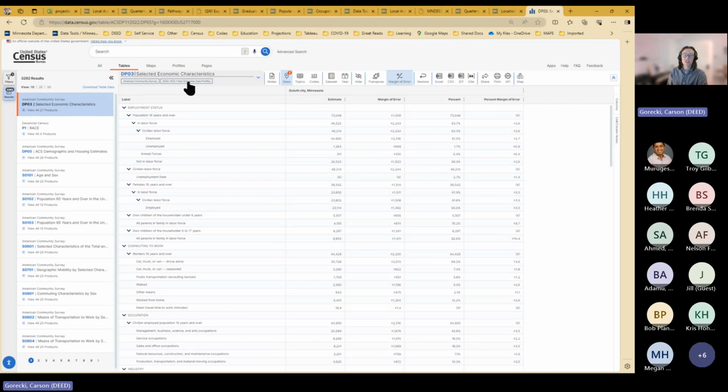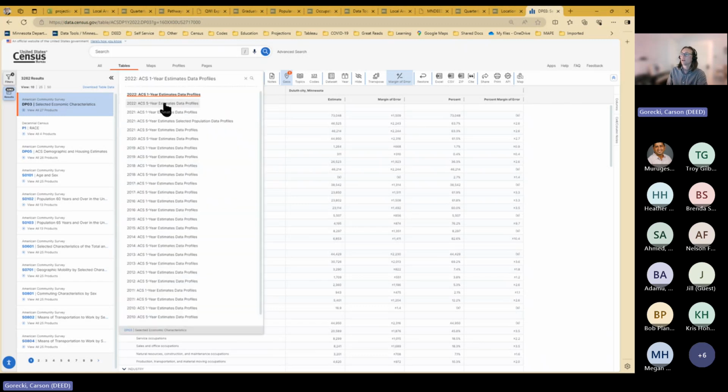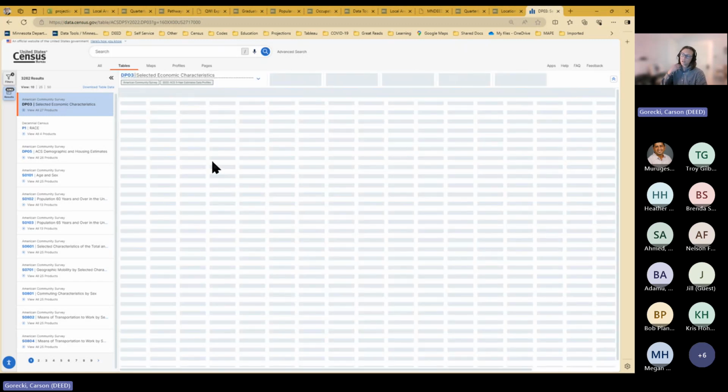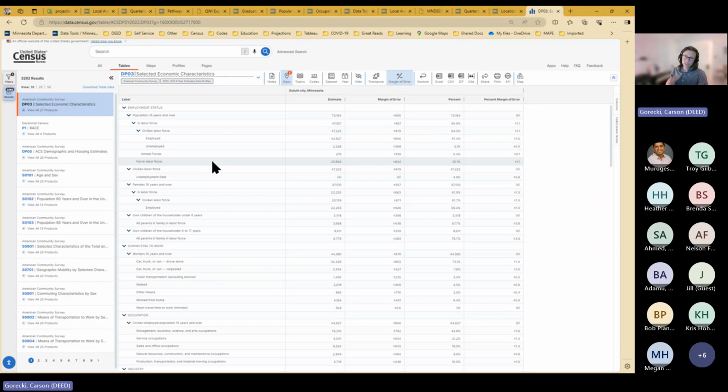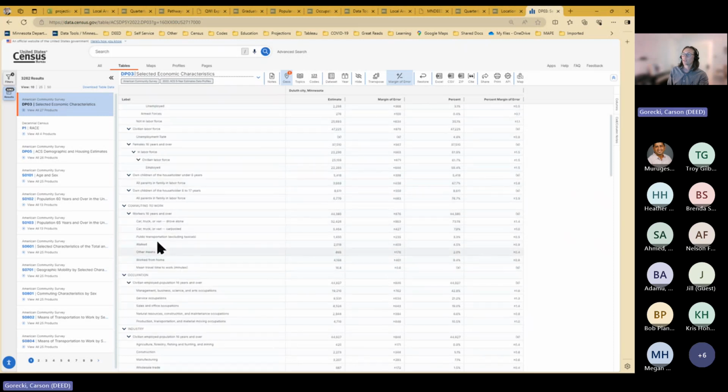I like to use the 5 year just because the averages tend to get rid of some of that variability when you get to smaller areas. So I'll click on this and I'll go to the 5 year estimates. It shouldn't change a ton, but it's just nice to have that stability. So employment status, commuting to work, so how they got to work, whether the parents are in the labor force